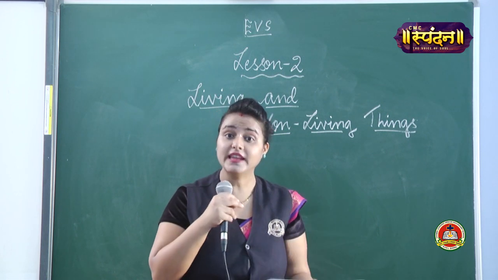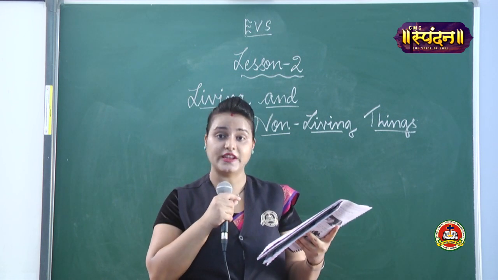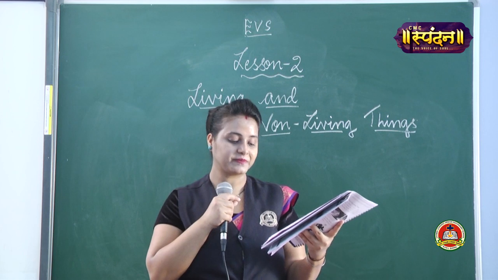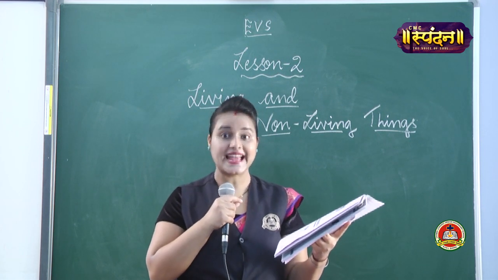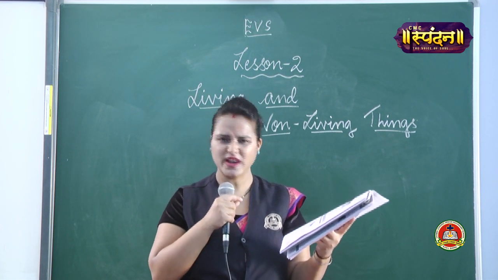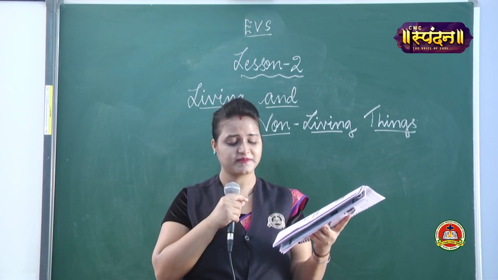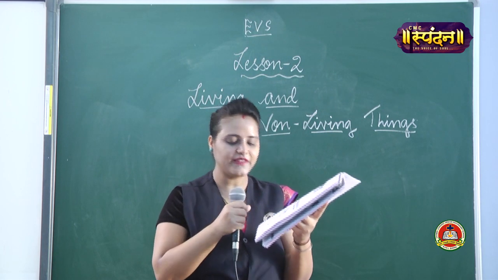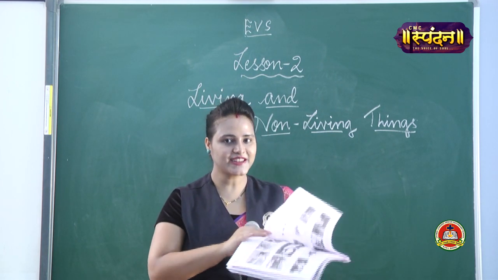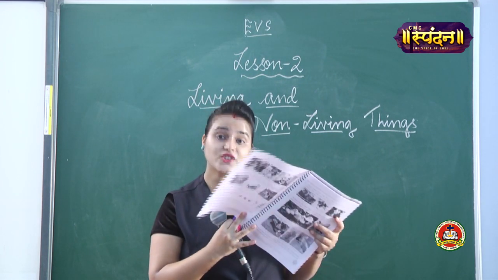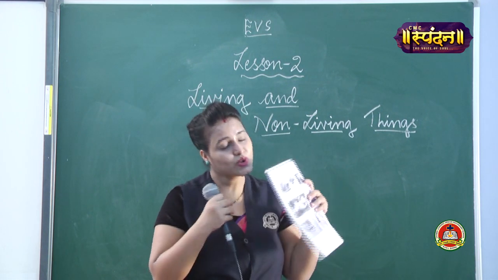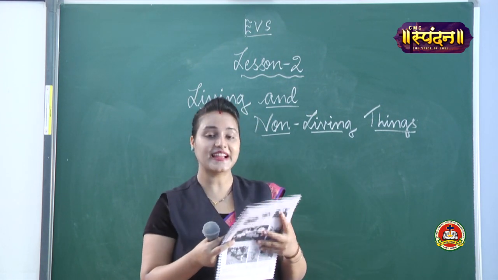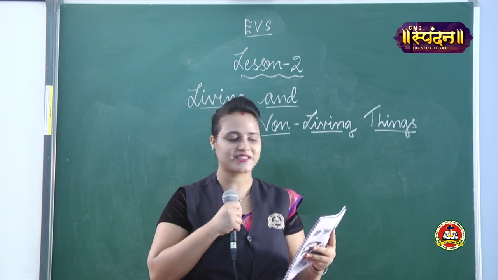Living things feel. Living things feel pain and joy. They become sad and happy. If you hit a dog, it will cry. A touch-me-not plant closes its leaves when you touch it. Have you seen a touch-me-not plant? When you touch it, that plant closes itself. Okay, that is why it's known as touch-me-not.